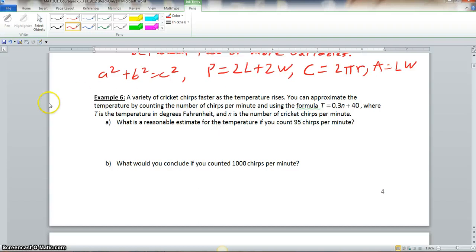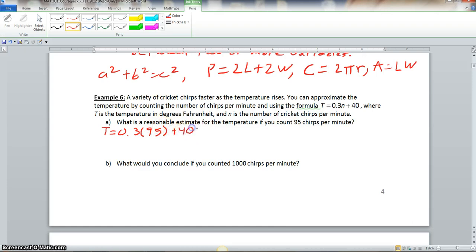Okay, now we come to A. It says, what is a reasonable estimate for the temperature if you count 95 chirps per minute? Now again, N represents the amount of chirps. So we have T is equal to 0.3. Now N is 95